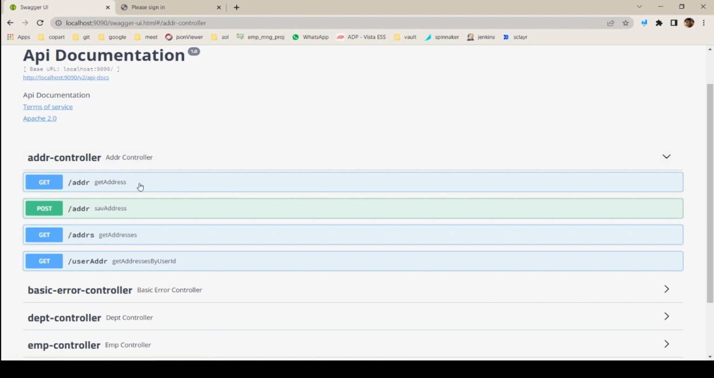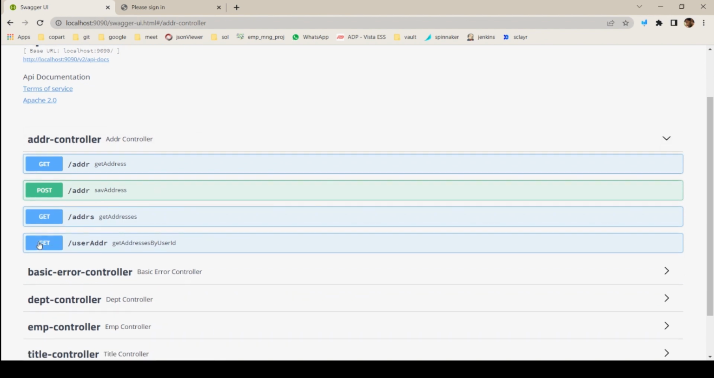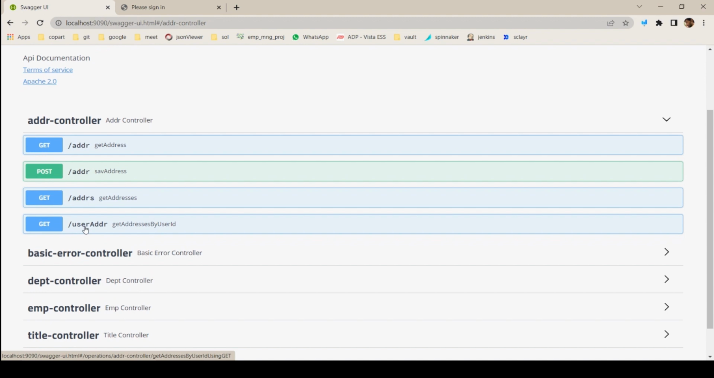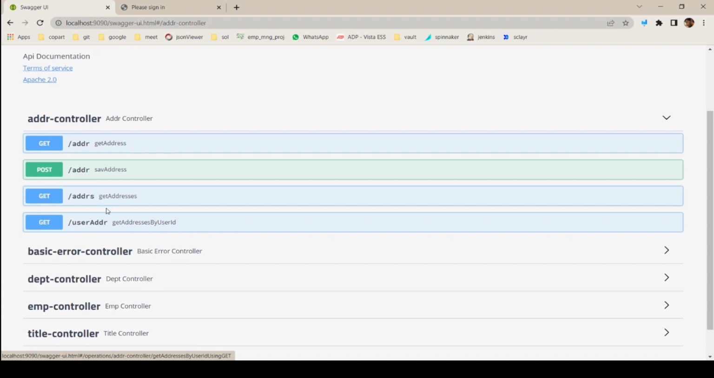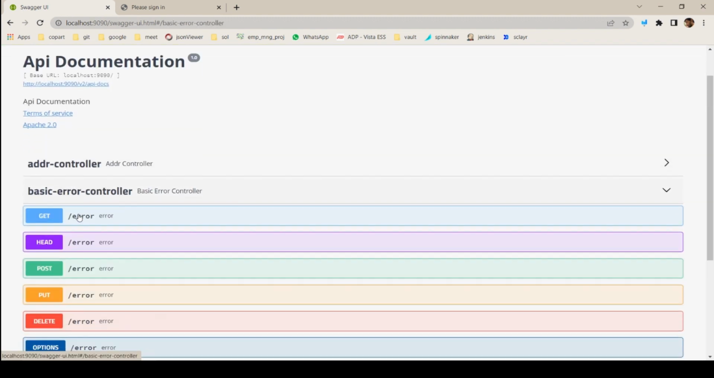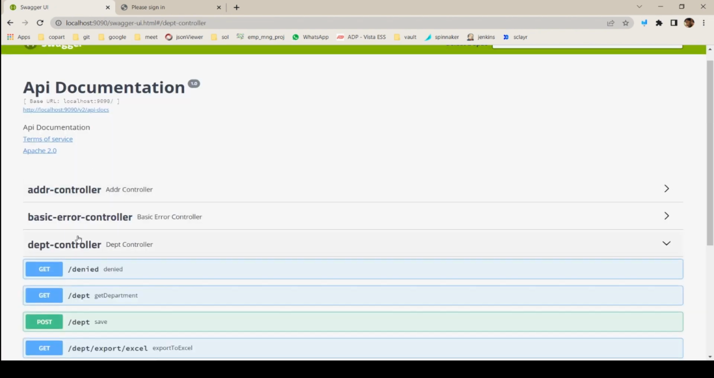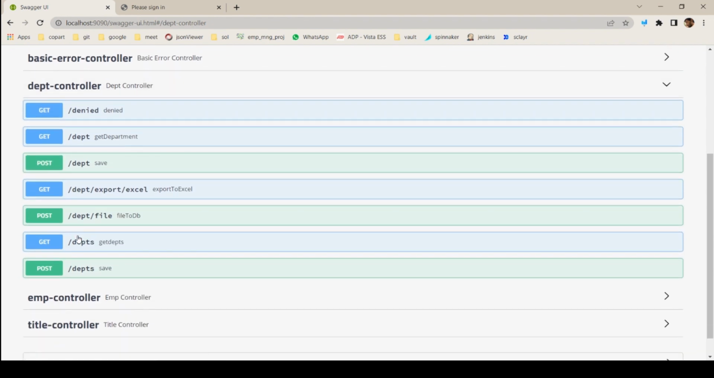Now, in this address controller, we have get addresses, save addresses, get all addresses. This is to get the unique address, and this is to save the address to a user. And this is where we need to retrieve the address by the user id, and we have the basic error controller. We are having multiple errors here,